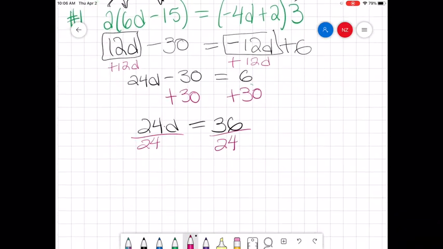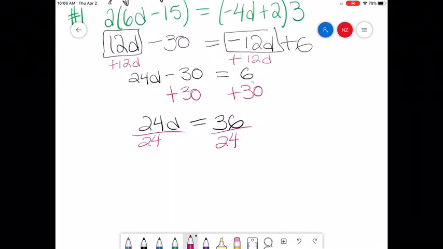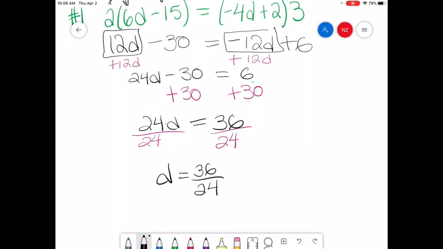24 doesn't go into 36. So essentially here I've got a fraction. It's okay to leave it like this. Let me think about what would be the most simplified form here. Do they both go into 12? I believe so. So you could say also d equals 3 over 2. And then you would be good. Okay. Now the second question